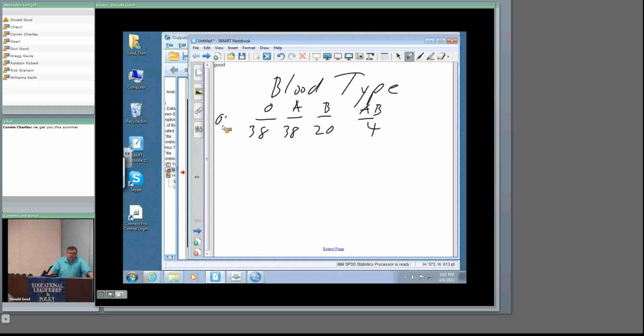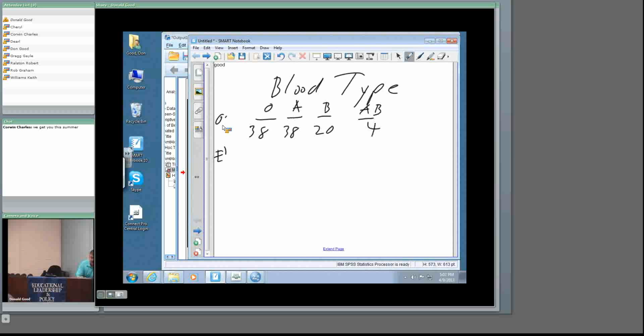Well, no, there needs to be some kind of logical system behind it. Let's say that we know on average what percent of the people have what type blood. So we know, for example, that 44% have type O blood. So out of 100 people, we would expect 44 to have type O. So my expected values,